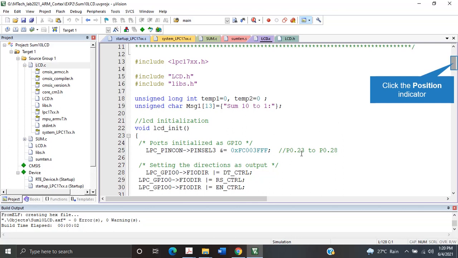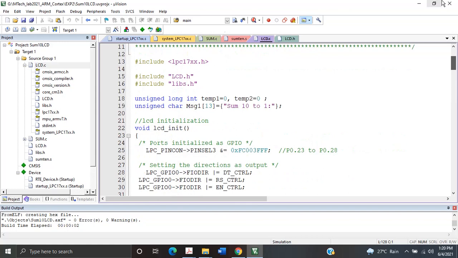So in the configuration, pins 20 through 28 are configured, and pin select 3 is basically to configure that particular pin as GPIO. There are other functionalities that have to be indicated, so you can just make it out. For one pin there can be 2 bits in pin select 0, stating that a maximum of 4 functionalities can be assigned to a single pin. So if there are 32 pins, 16 pins can be assigned by one pin select register.